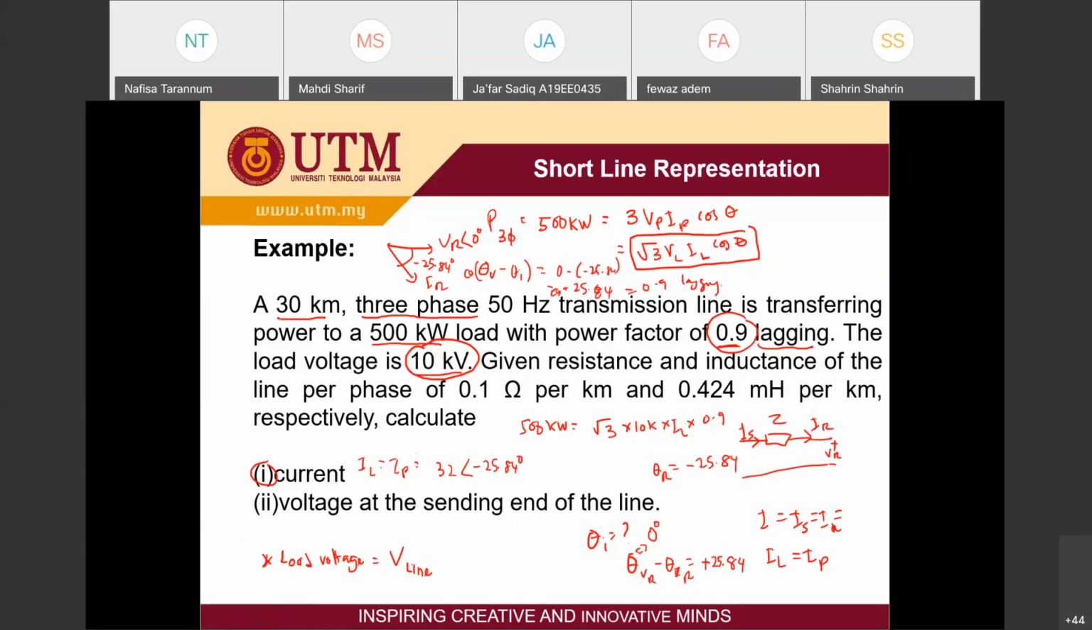How can there be a negative angle at the end? How can IP... IP is actually your current. Is it a negative angle at the end? Because here,